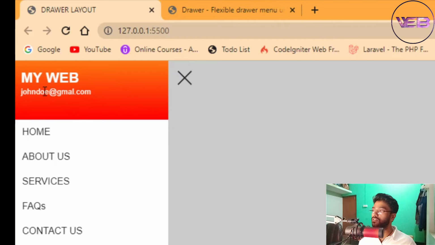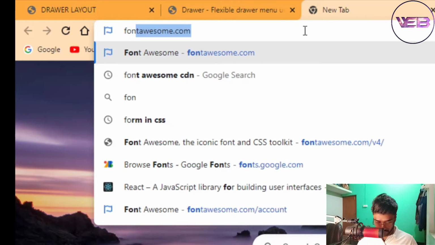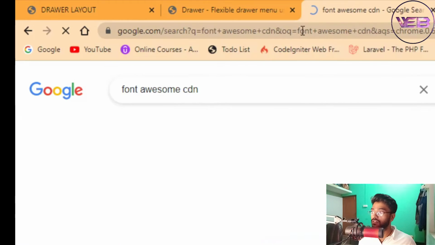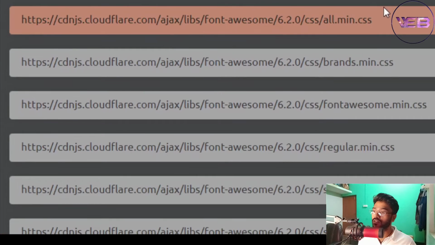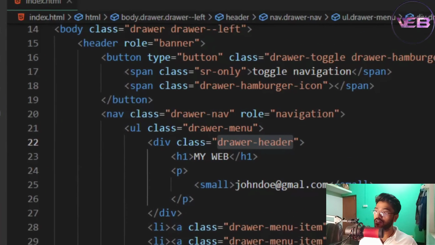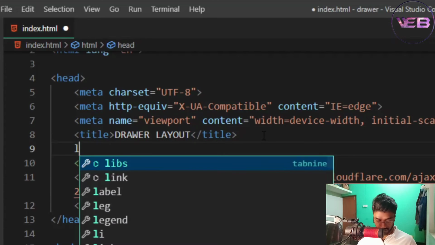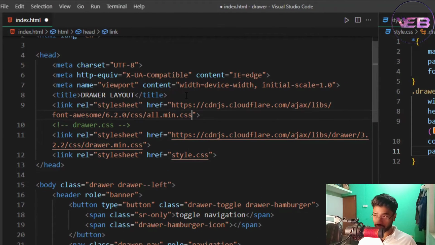You can use the Font Awesome. You can also use Font Awesome to add icons. So again, I'm using the Font Awesome icons, so I just search for the Font Awesome CDN, and I just copy this CDN link of the CSS and put it in the header before your draw.css. Okay, so I link, yeah,